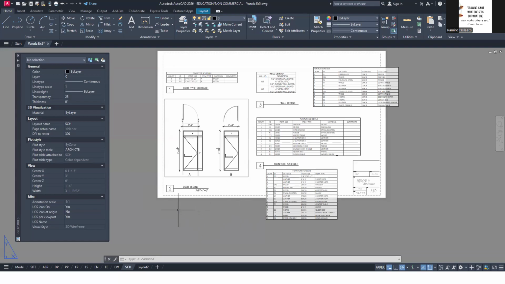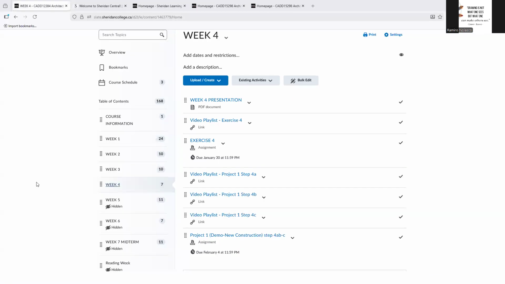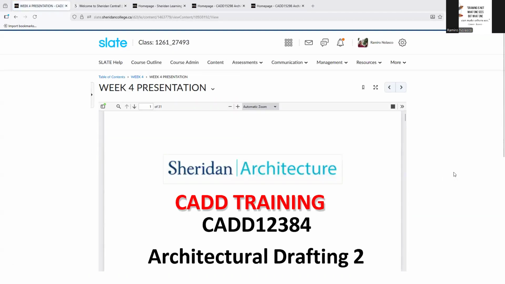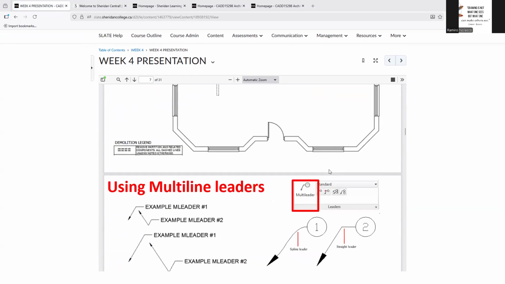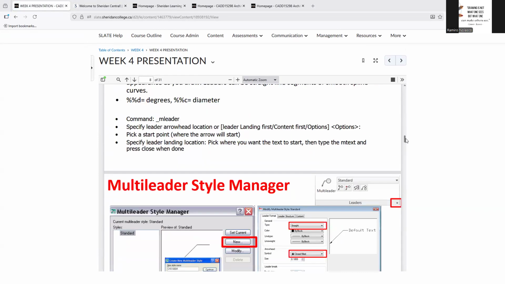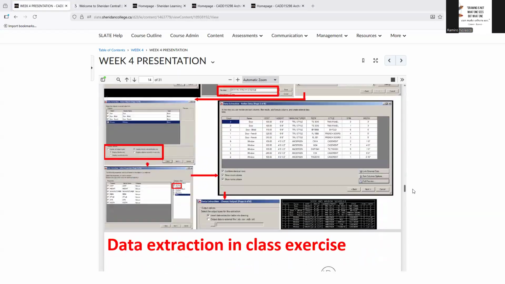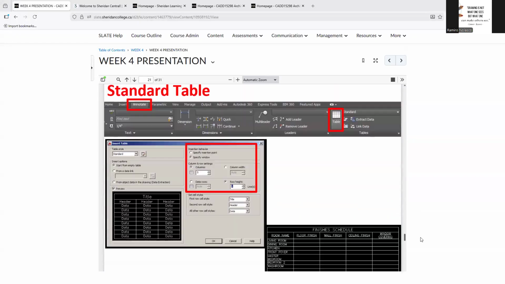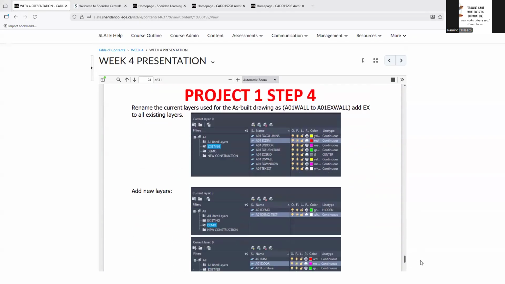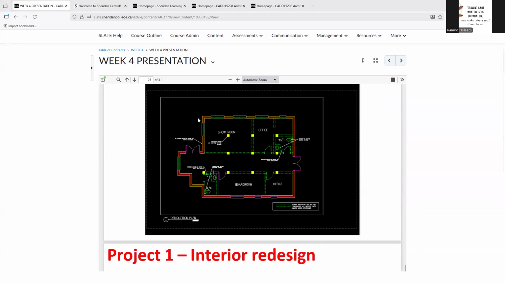You need to do this also for project 1, step 4A, B, and C. Okay? Where you do the, like I said earlier, demolition plan for the project, which is right here.